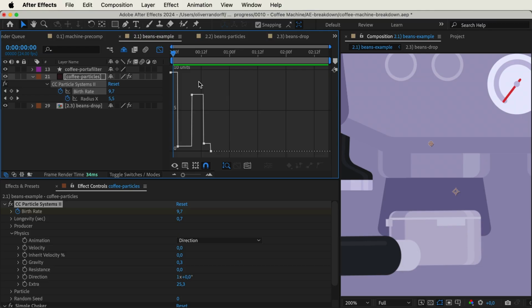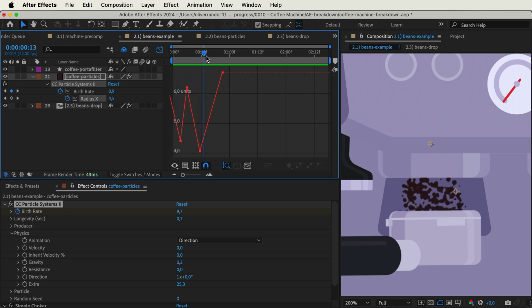And at the same time, I've animated the X radius, and this just means that the particles become a bit narrower at certain points, so they move in and out. And you can see that this reaction is a bit delayed to the keyframes because the particles have to fall. But at first, they are quite wide in terms of where they're spawning, and then they narrow in and go wide again. And the last part here is just adding those grinded coffee beans to the basket itself.